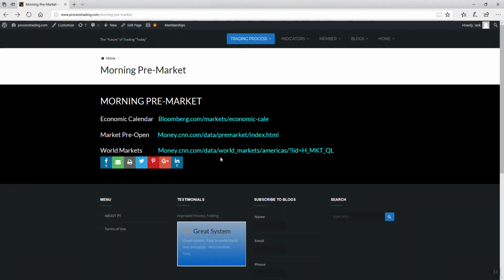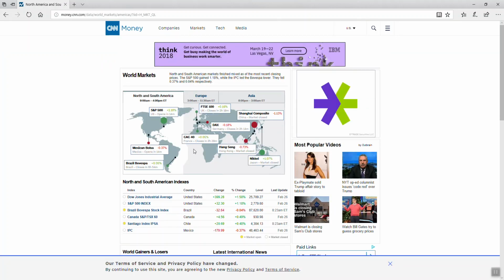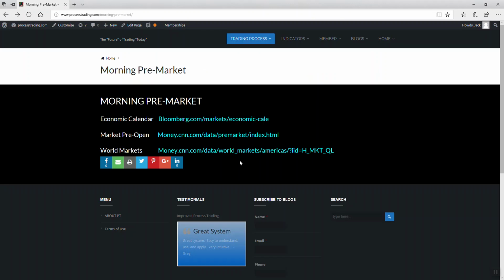And then here's the world markets again, which we saw in the other thing. This just shows a graphical representation of it. So take a little look and see, especially maybe what's happening in the DAX and things like that. Okay, and then